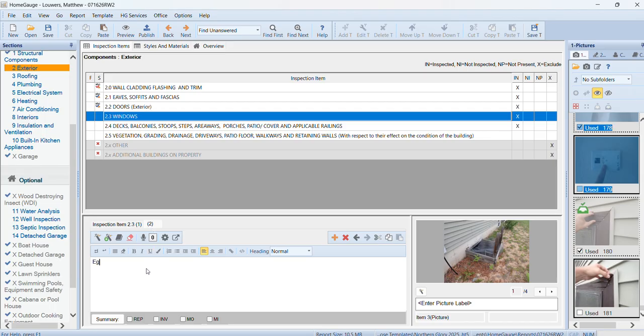Egress window well has steel screen covering the escape. This is not recommended. Also, window framing is unsecured from the home and is weathered from the elements. We recommend installing